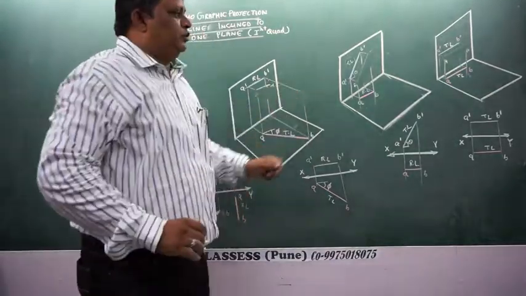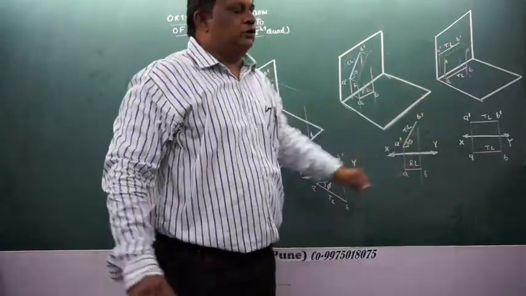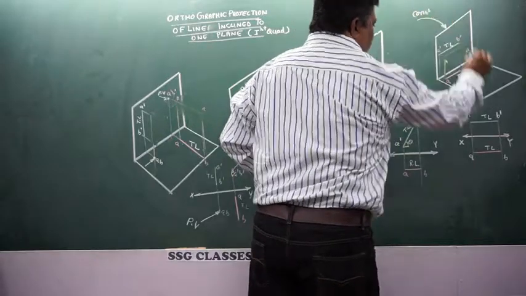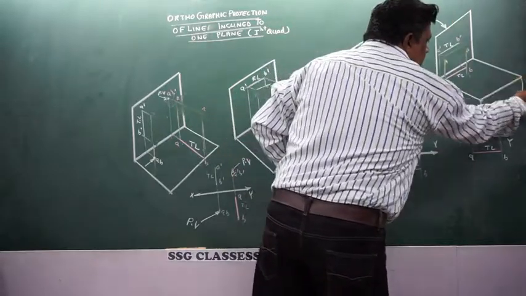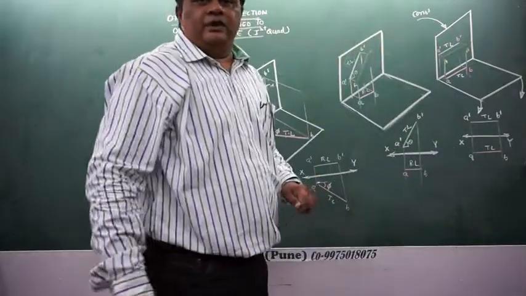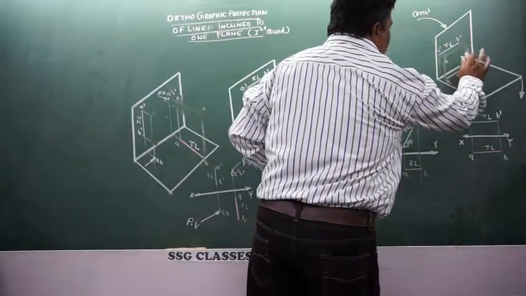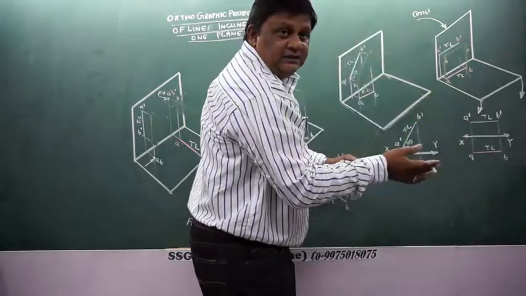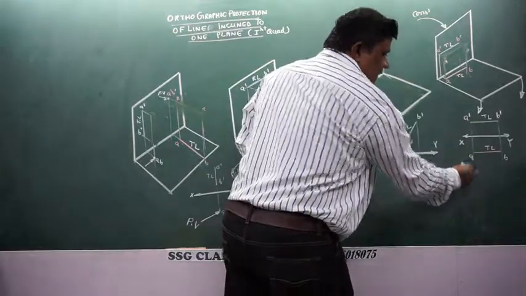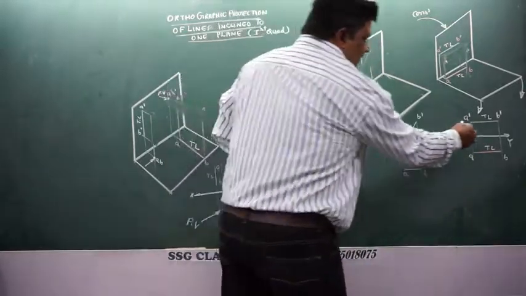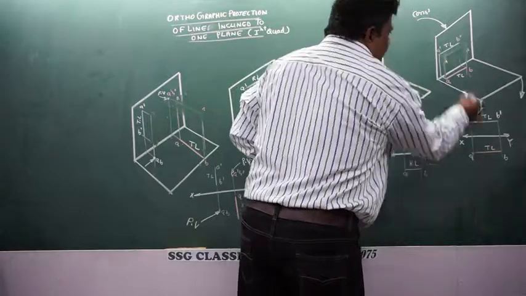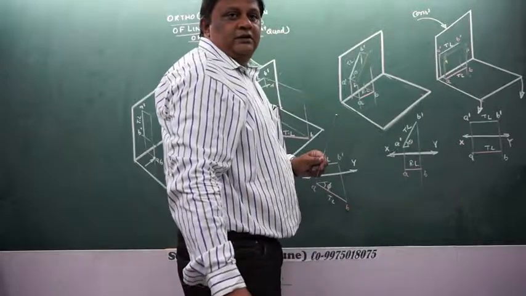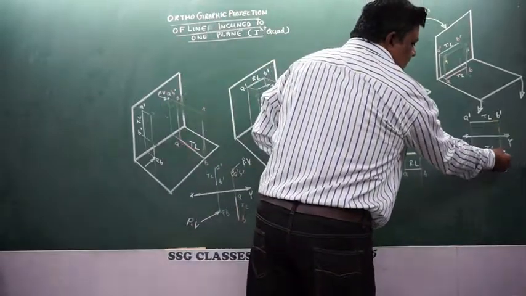Now, the time has come to get the things into the two dimension. So VP I will be keeping constant, and I will be rotating the HP in the clockwise direction. When I do this, if you look properly at what is happening, this particular projector from here to here will simply open out like this, and it will appear as a straight line. And I can see that A dash and A, which are the projections of capital A, are appearing on the same projector. Same thing is happening with B dash and B.